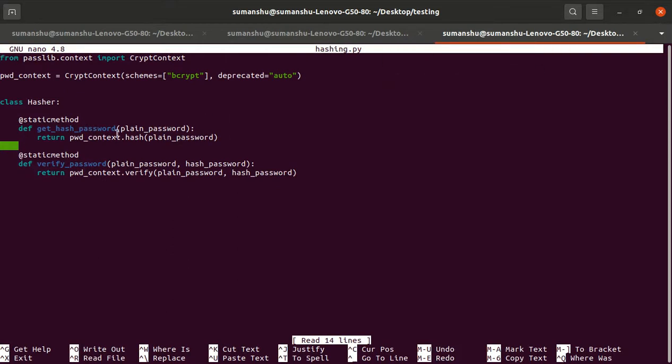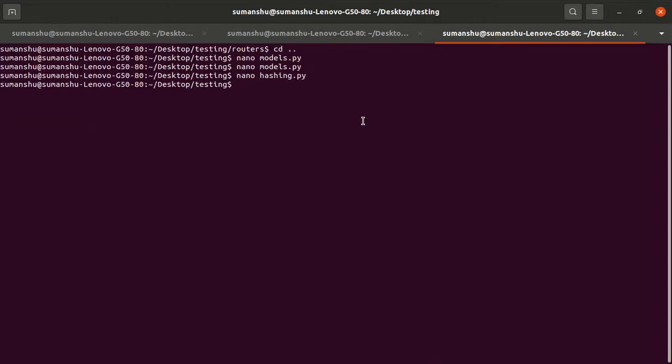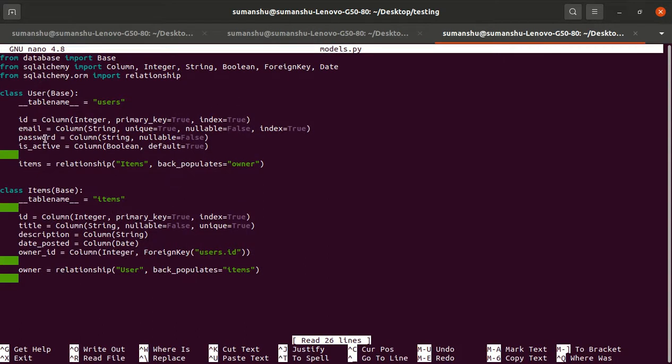When we are storing the password, we are storing the hashed password using get_hash_password, and at the same time we created one more method, verify password, and it took two passwords. One is the plain password and one is the password which exists in the database. So let me check, this is the password column, right?